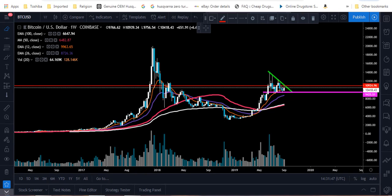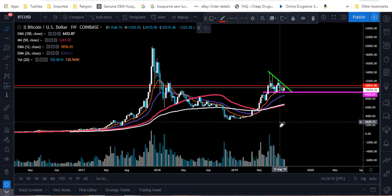I know there's been a lot of controversy between, is this a descending triangle that we're forming, or is this a symmetrical triangle? It can be drawn either way right now. But what you really want to pay attention to is whether this is going to be a continuation of the upside, or if this is that major reversal that we're looking at here that could potentially start taking us down to much lower levels. So that's something we're going to want to pay attention to, guys. And I'm going to do the best I can to give you my thoughts on it as we go into this, okay? So guys, what I'm looking at first,